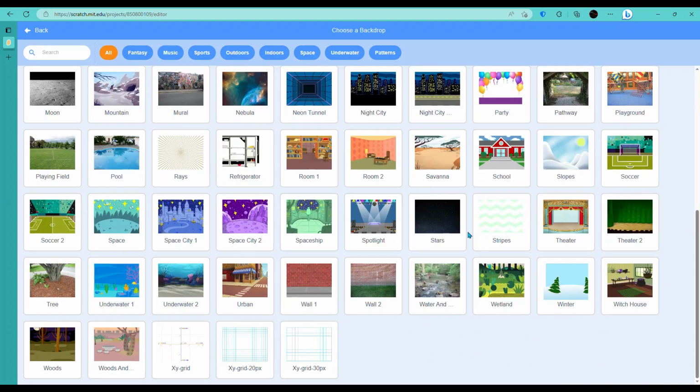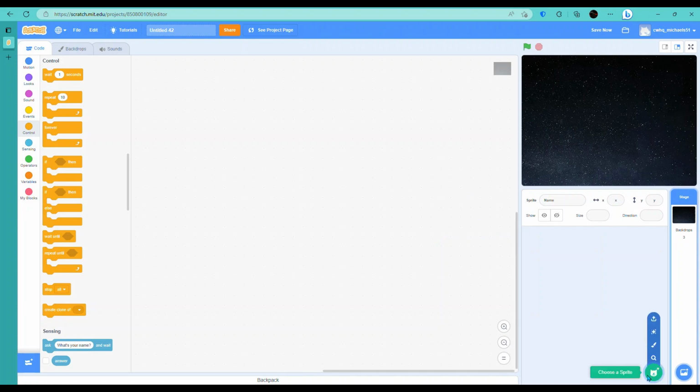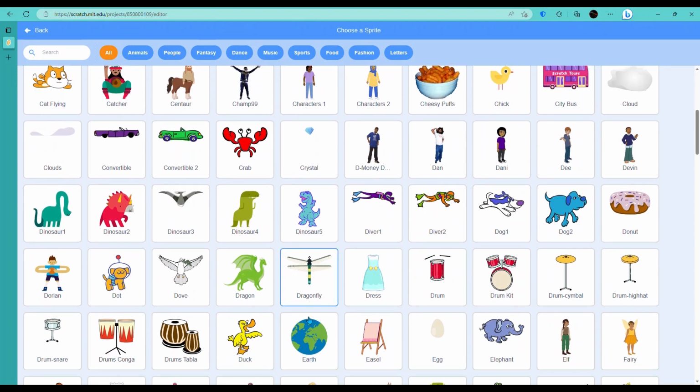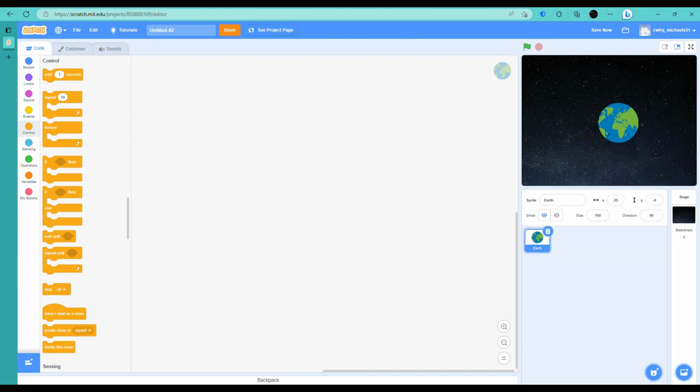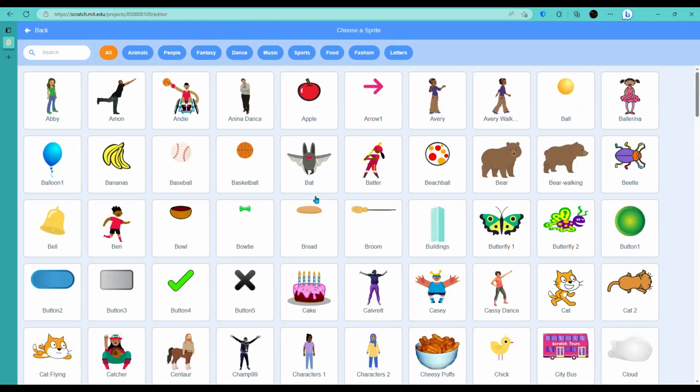Today we're going to be making a very cool game. So let's go get sprites, and as we go along I'll tell you the game. We're going to have a timer for this. We're going to set a variable for this. It's going to be the timer. Then we're going to have